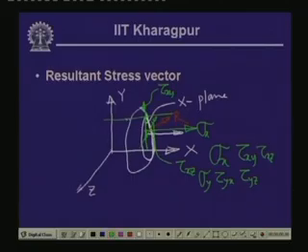Also, if we cut this body with a plane which is parallel to the xy plane, and plot the 3 stress components, the stress which is normal to the plane will give us the normal stress sigma z, and the 2 stresses which are in the plane are on the z plane in the x direction and the stress on the z plane in the y direction. So, these are the 9 stress components that we are going to get